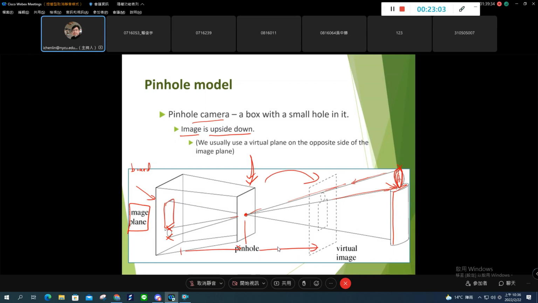So why do we do that? The first idea is that if you want to draw or analyze your scene, and you have this kind of box here, you will use additional space. So we usually map this one to here, and we keep the distance the same. For instance, this distance we call d, and we keep the same distance d here, and we can see that the candle here is actually identical to the projected one,